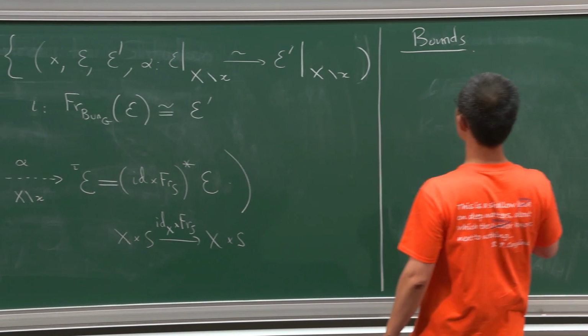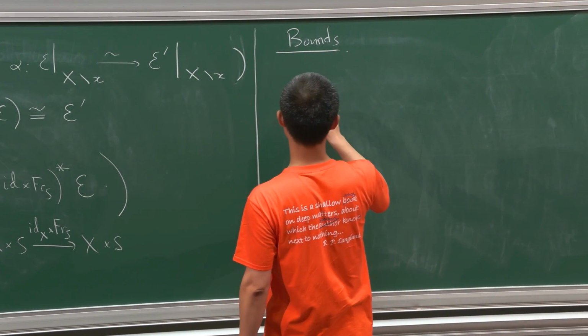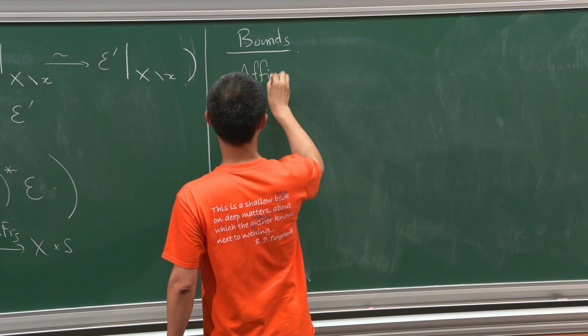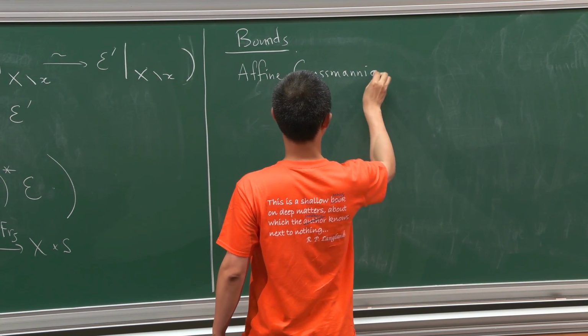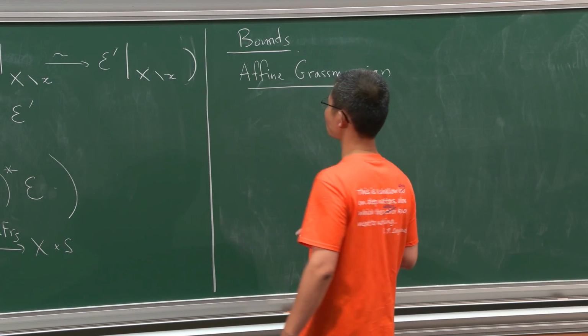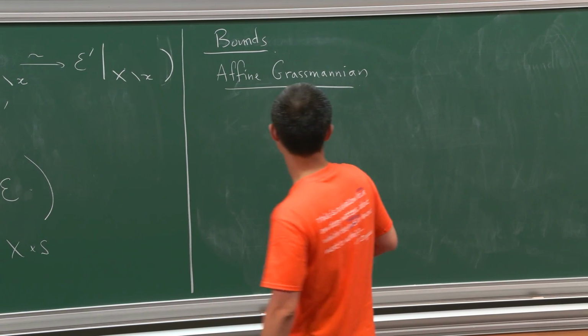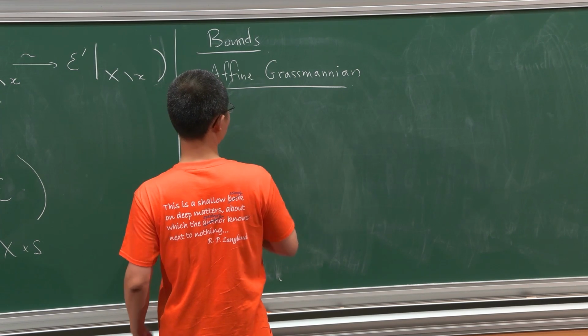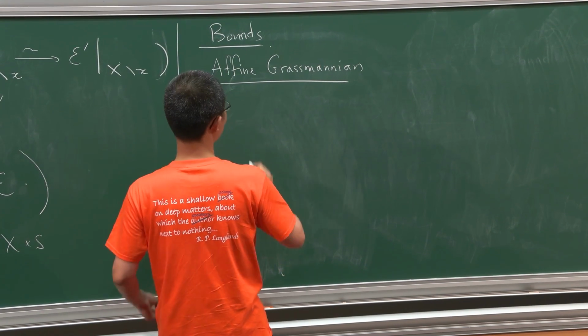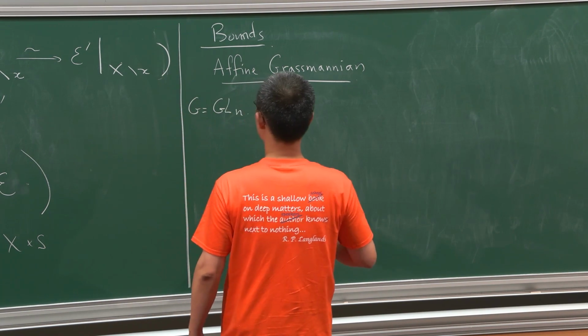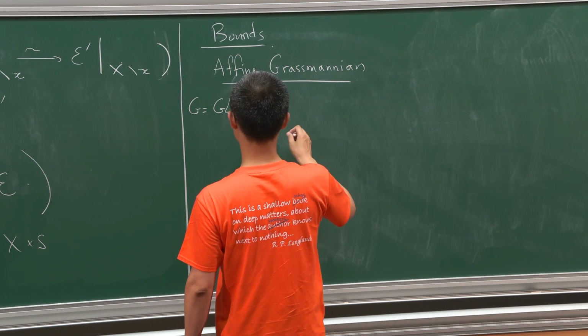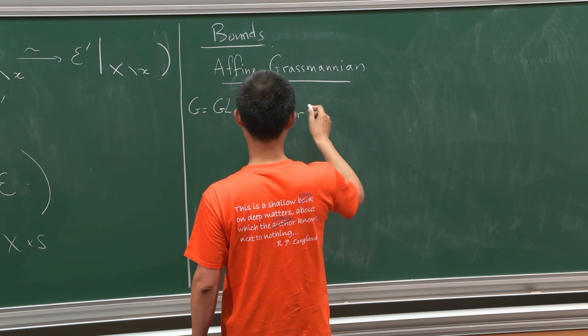So to introduce bounds, I need to review the affine Grassmannian and its stratification. Okay. So for GLN, the affine Grassmannian,